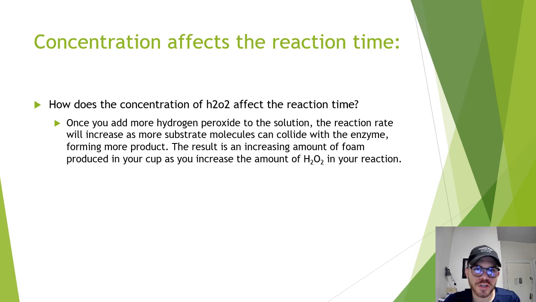All right, concentration affects the rate of the reaction, as we said earlier. So how does concentration affect the reaction time of hydrogen peroxide? Once you add more hydrogen peroxide to the solution, the reaction rate will increase as more substrate molecules can collide with the enzyme, forming more product. The result is an increasing amount of foam produced in your cup as you increase the amount of hydrogen peroxide